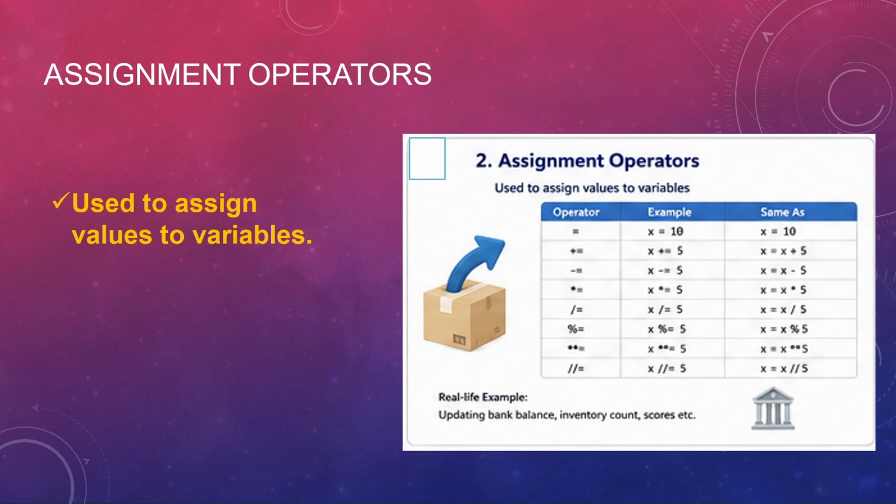What does this mean? It is a shortcut for saying x is equal to x plus 5. So whatever is the x value, add this much to that and assign it again. Minus equals to means whatever is the previous value in x, minus 5, and assign the new value into the box. Okay, I'll take an example so that this is clear to you.